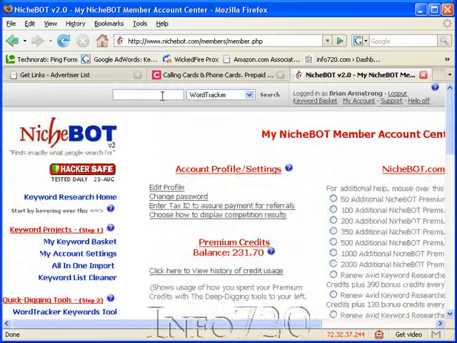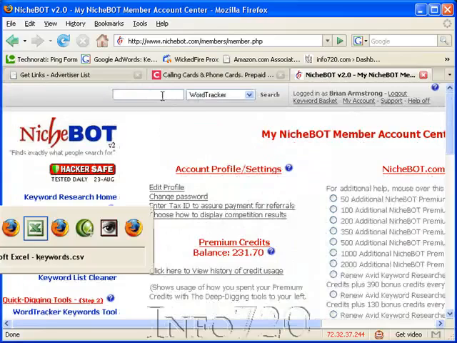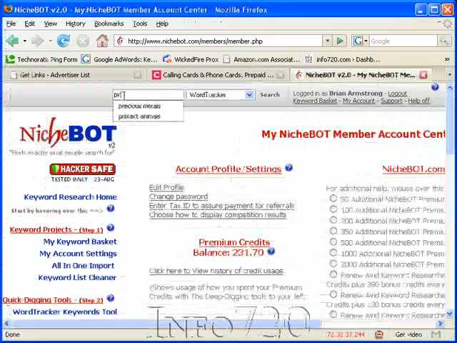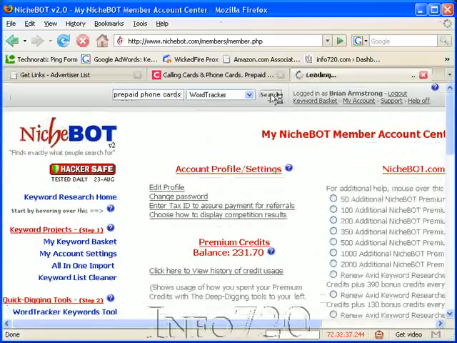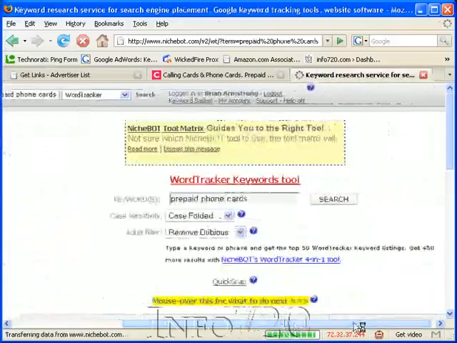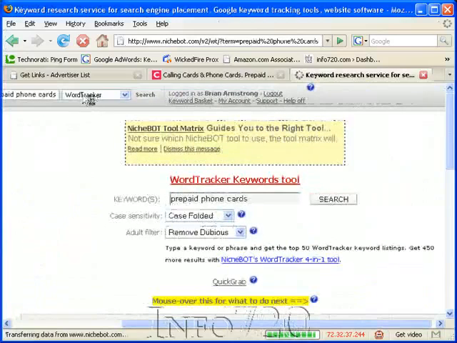So basically what I'd do is I'd come here, and here's my Excel spreadsheet, phone cards, prepaid phone cards. Let's just do prepaid phone cards. And notice I haven't cleared any of my cache out, so you guys are going to see some of the other stuff that I've actually been looking up with this. And what this does, this goes out and accesses a database called WordTracker, and WordTracker is basically an engine that looks for